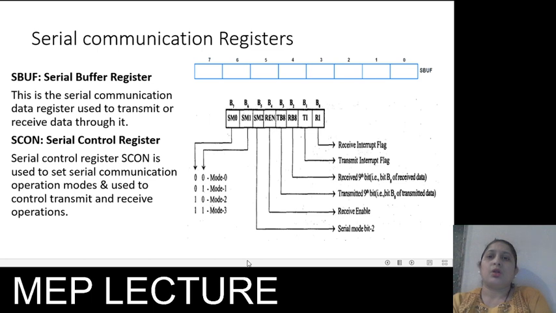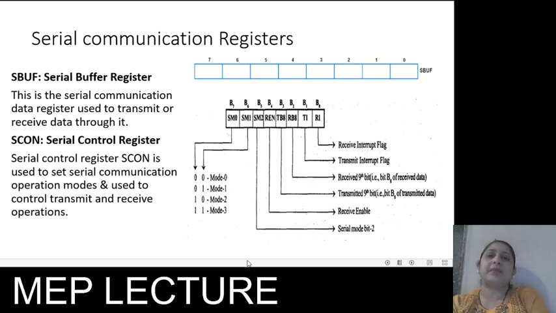In that 8-bit register, the lower two bits, B0 and B1, are RI and TI, the receive interrupt flag and the transmit interrupt flag. Then we have the receive 9th bit, indicated by the B2 bit, and the B3 bit, the transmit 9th bit. That is, bit B8 of transmitted data and bit B8 of received data, that is TB8 and RB8. Then REN, a very important bit: only if this bit is 1 is the reception of data enabled during serial communication.